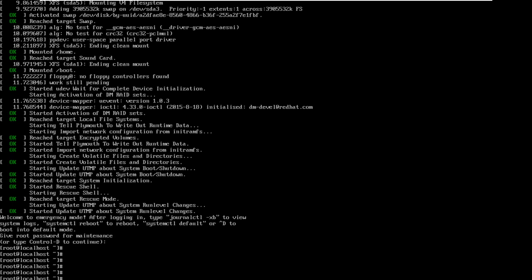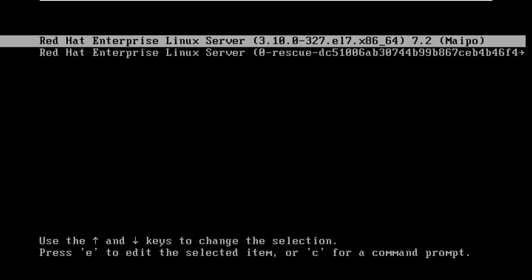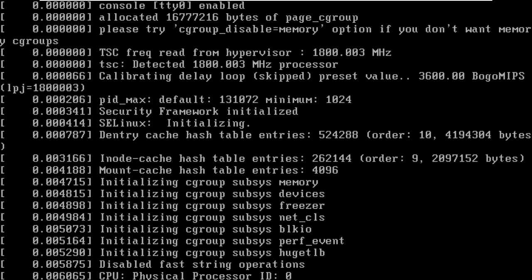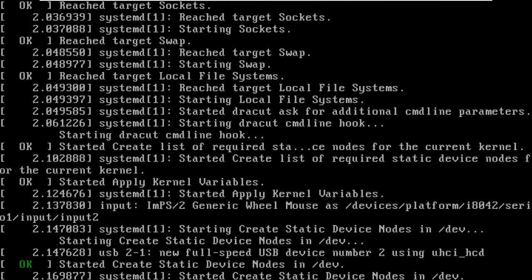So just like this we can pass multiple other options, multiple other commands with the kernel. Now I will exit and reboot again, and this time I will not do anything. I will go by default, and we can see that it is loading, and it will load by default normally. Default is what?